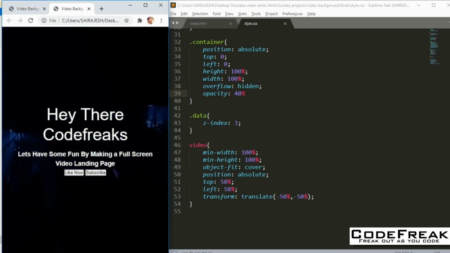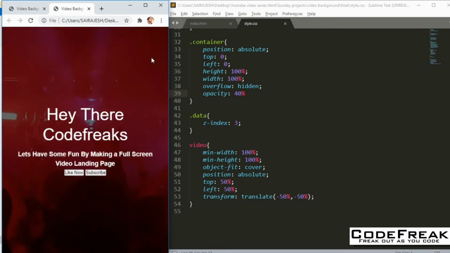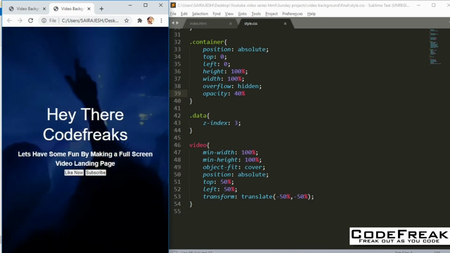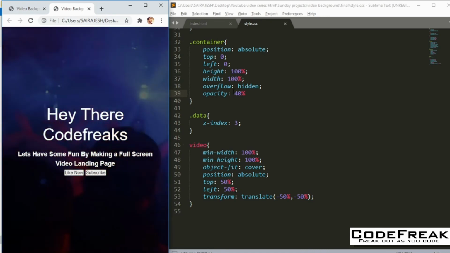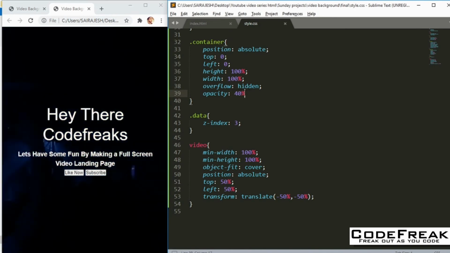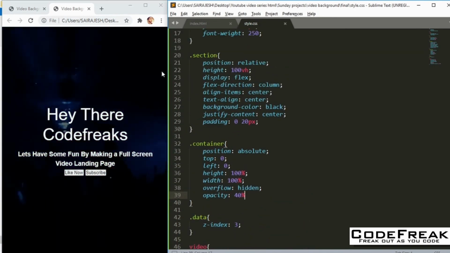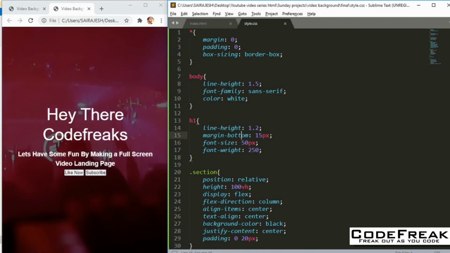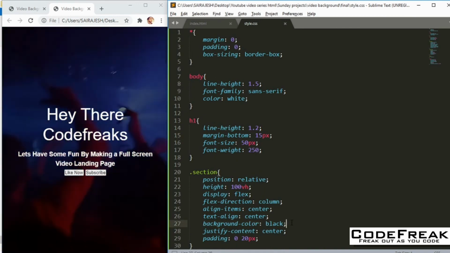You can change it based on how much importance you're giving to the video behind. The more importance you want to give to the image behind, the more opacity you can give. That will help us out. And there's a color which you want to blend it with, so you can change the background color of the section accordingly.